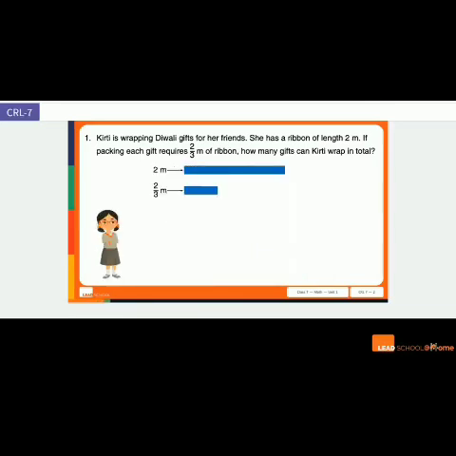To solve this, we need to calculate how many strips of length 2/3 of a meter we can cut from a 2-meter long ribbon. Let the number of strips be x. In our case, the number of strips of ribbon, or x, will be 2 divided by 2/3. We already know how to multiply fractions. Now, let's see how to write this as a multiplication statement. So the number of strips, or x, times 2/3 will be equal to 2.